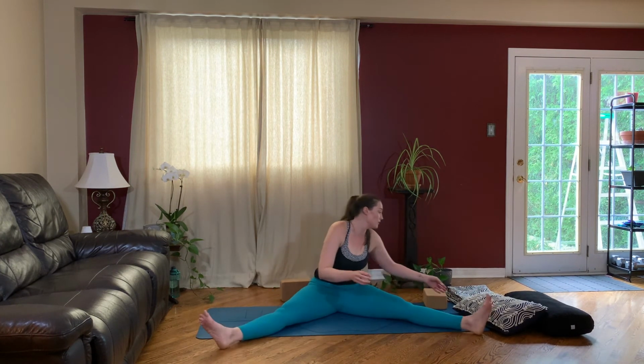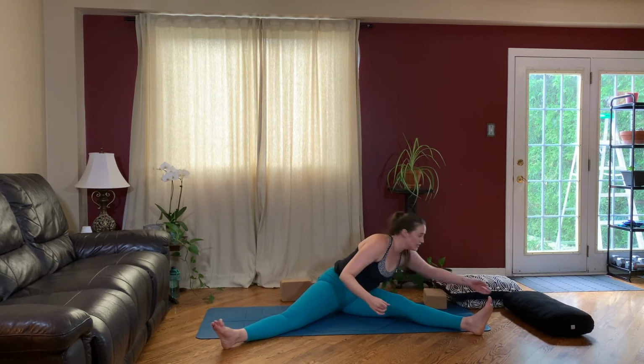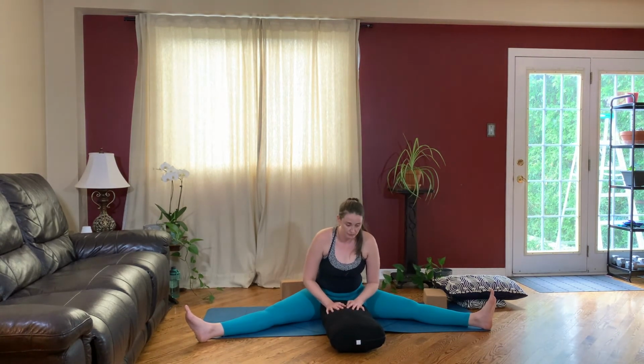I am going to start with my bolster, or if you have a bolster, and then halfway through I'm going to try to remove it, because as we open up into this, we will get a little bit further. So we're going to hold it for about a minute. So we're going to crawl ourselves down,